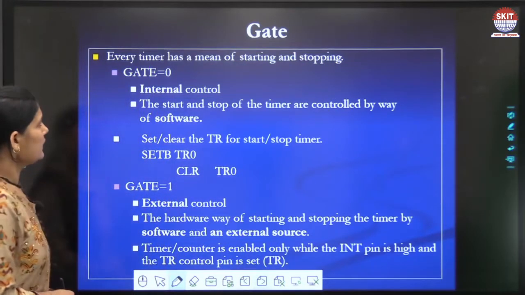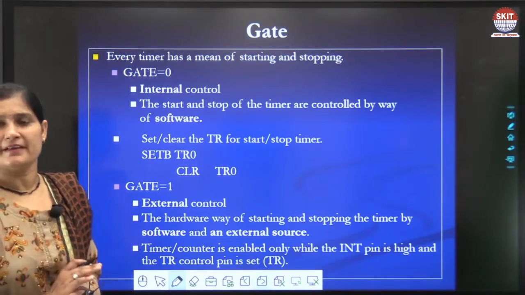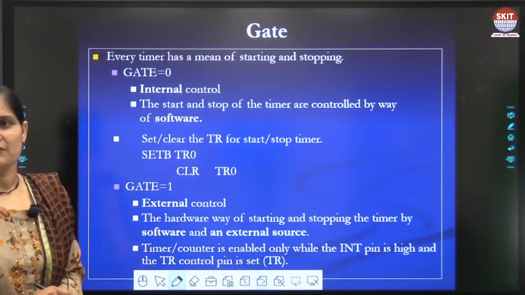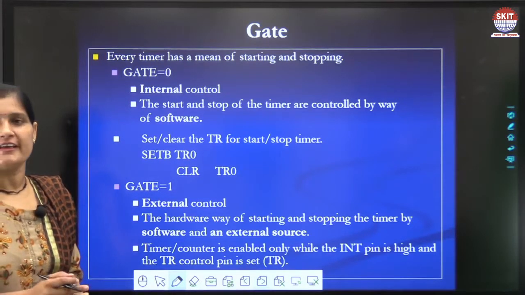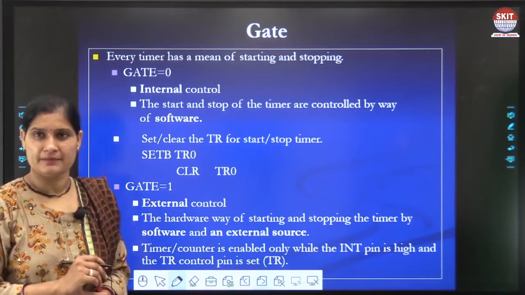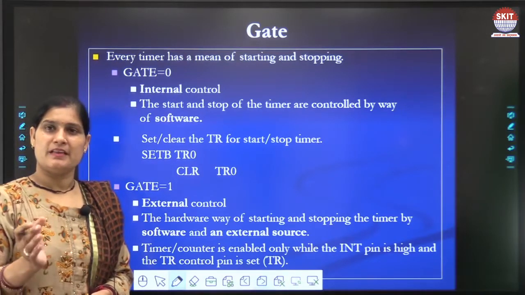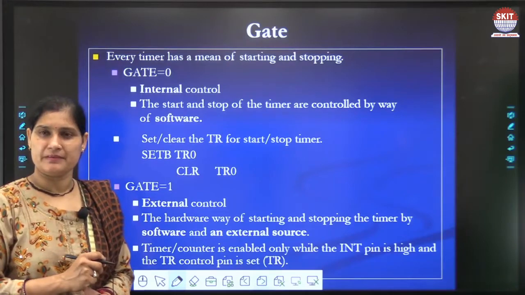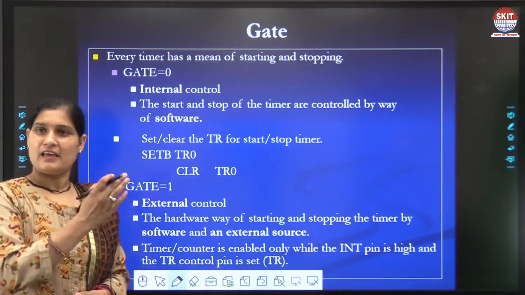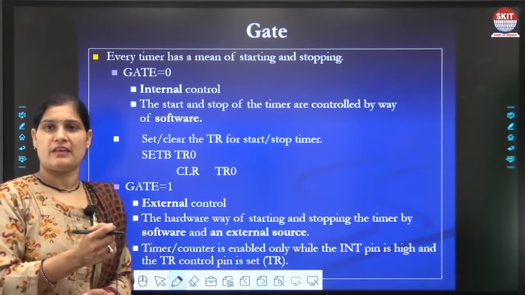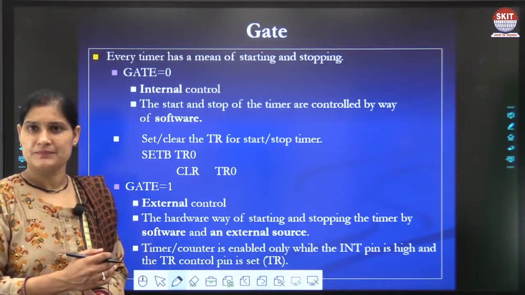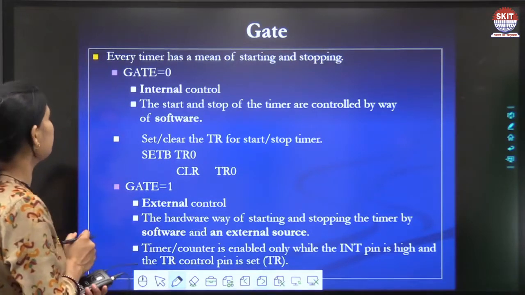Here the first gate bit is gate 0 for timer 0, and there are similar bits in timer 0 and timer 1. The last bit of timer 0 or timer 1 is the gate bit.